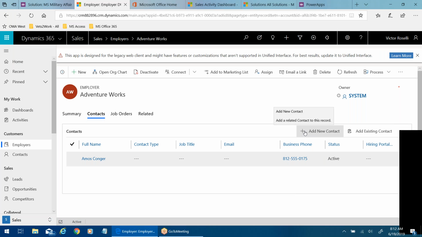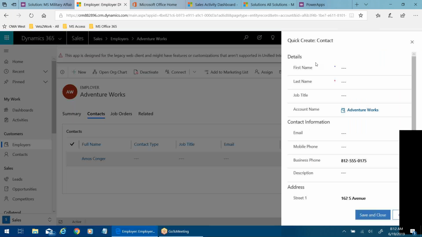Okay, add new contact. So yeah, this comes up now. Here's the quick create over here. Oh, this automatically ties it. Yeah, we want to. Do we want to have a quick create but have the correct one? Do we want to have a quick create or just have it do a regular new contact the way they always are done? Well, let's not worry about that right now, John. The quick create is there for a reason.